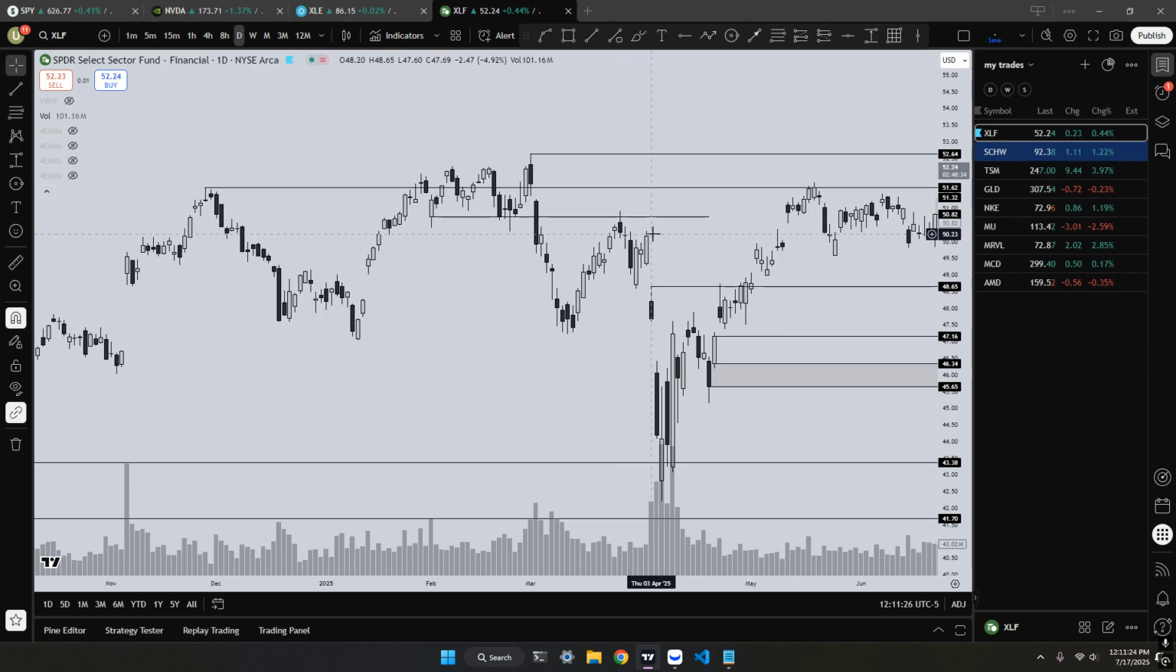But I just feel like it's one of those things. I can talk about in hindsight how this was a phenomenal short to that break of structure, but I'm never going to get that opportunity back. It's one of those things that's just kind of like,